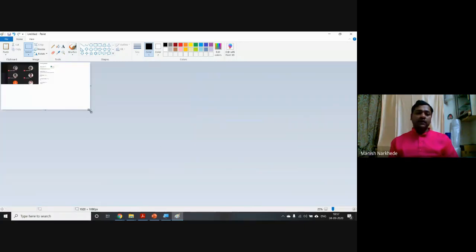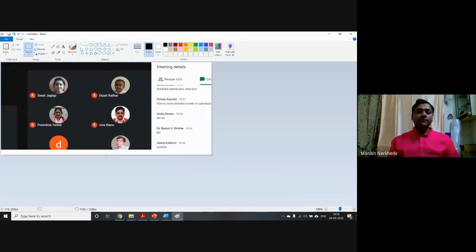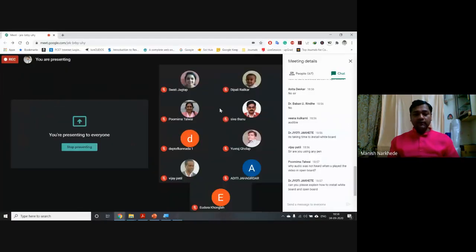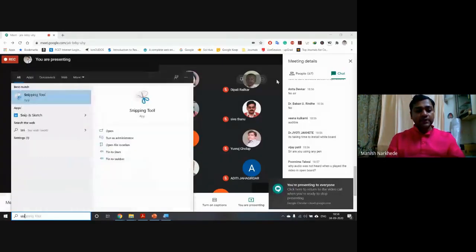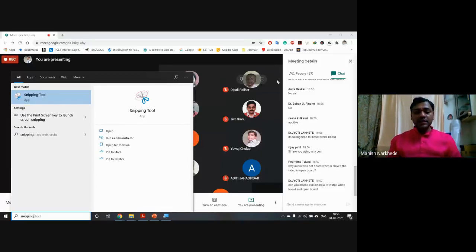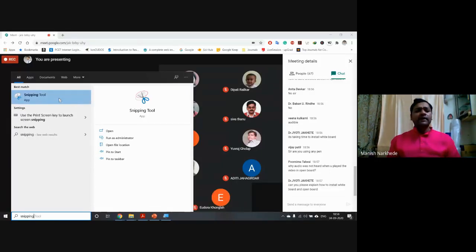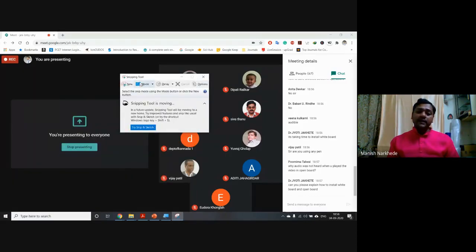So whatever snapshot I have captured, only that particular window is there. Many people even find this process somewhat hectic. So in Windows 10, there is again a tool called the Snipping Tool, right? In the start menu, you type snipping. The Snipping Tool has a lot of advantages here, because it not only allows you to capture the screen in rectangular